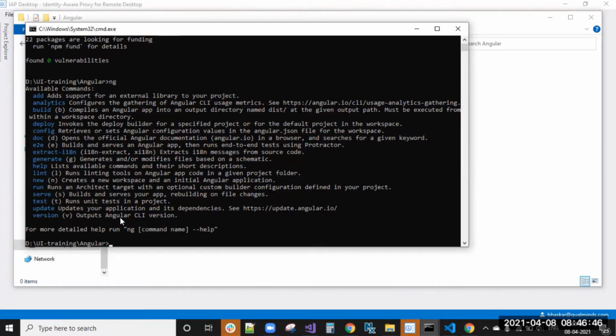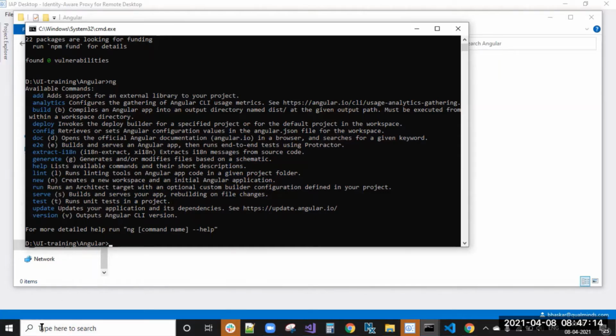If you are not getting that, you will see the error that ng is not recognized as an internal or external command, just as you can get for npm. In that case, you need to check and install again with npm install @angular/cli.